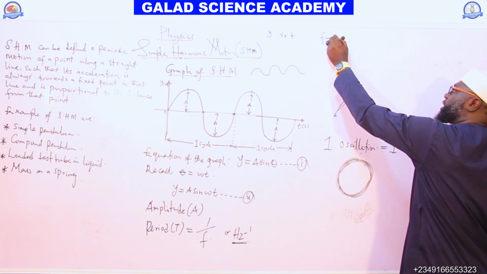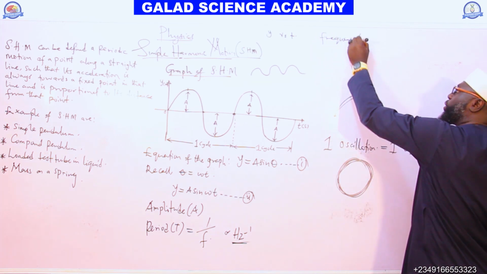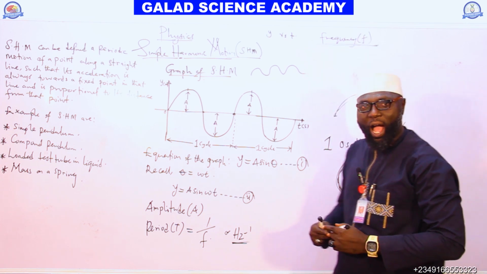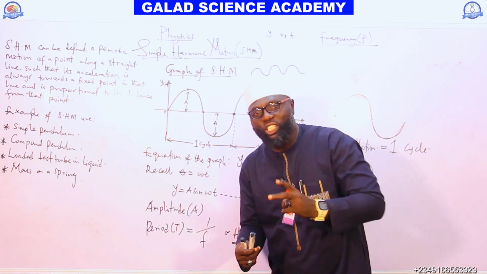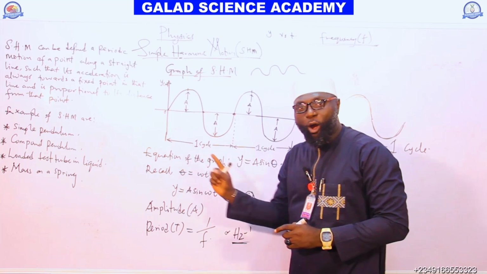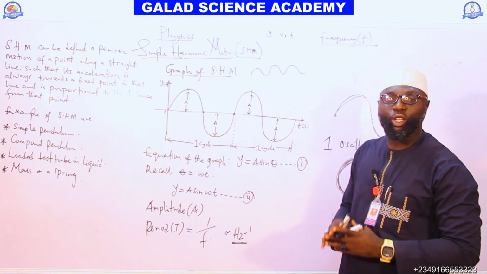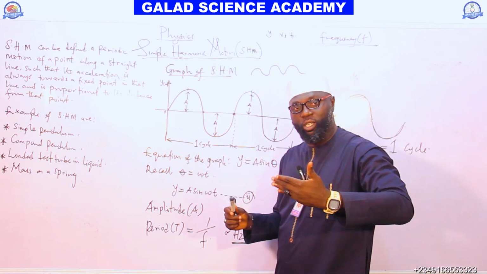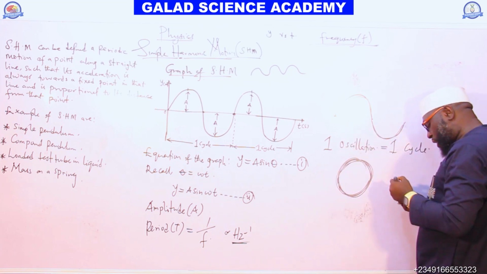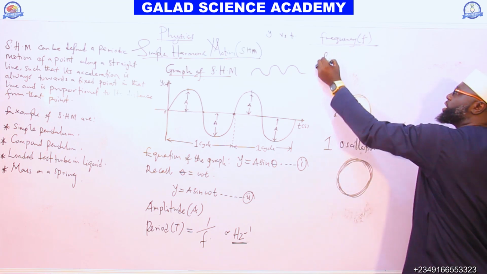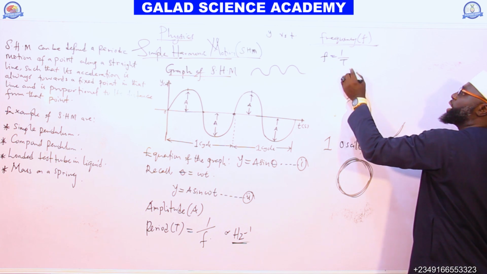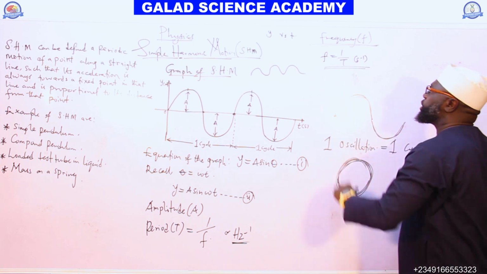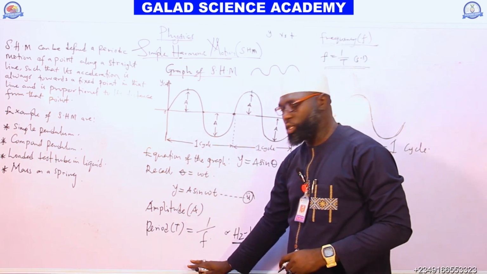The next one is what? We have frequency, f. So the frequency is the number of complete oscillations per second. The number of complete oscillations per second is called frequency, and the frequency is known as 1 over T. It is measured in per second as unit. So this is the formula for frequency, this is the formula for period, this is the formula for